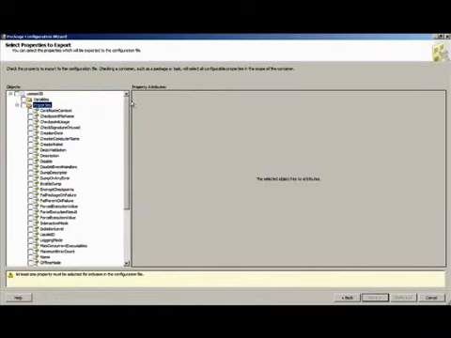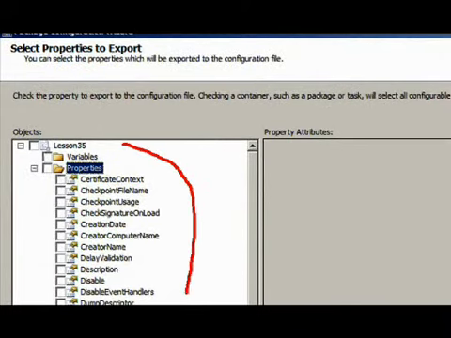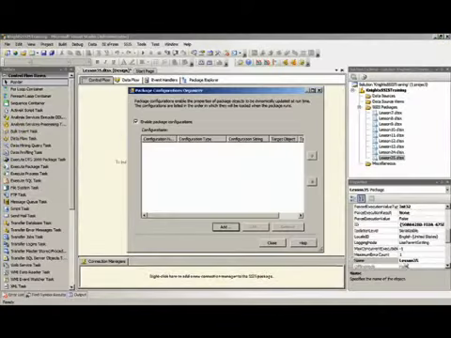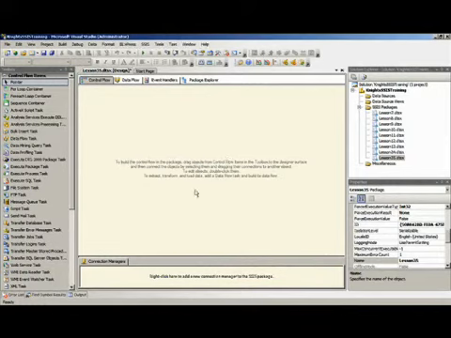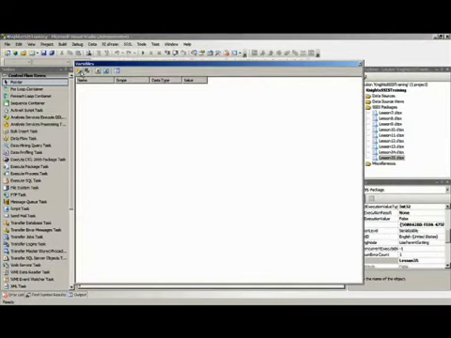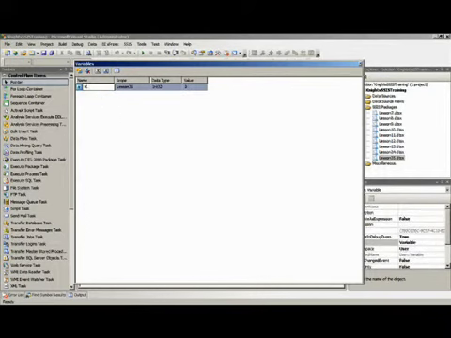Next. I'm going to maximize this screen, and over on the left you'll see all of the executables and objects that are in my package and the properties of those objects. Now I don't have any variables or connections created in this package, so I have nothing to really select here except for the properties of the package itself. So I'm going to hit cancel here and close, and I'm going to create a variable on the package itself. I'm just going to call this string file name. Make the data type a string,